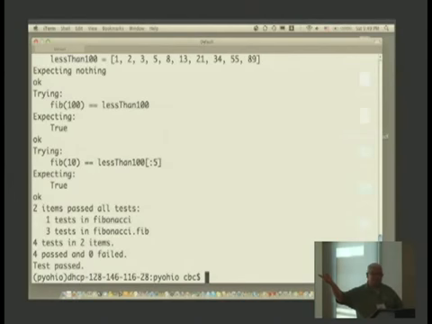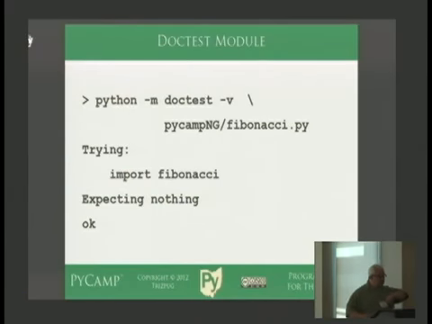Okay, so that looks a lot different than running unit tests, doesn't it? You don't have these dots, and it prints out what it's actually doing, what it expects, all this kind of crazy stuff. Alrighty. So I think we're officially supposed to end here, so anybody who wants to go to